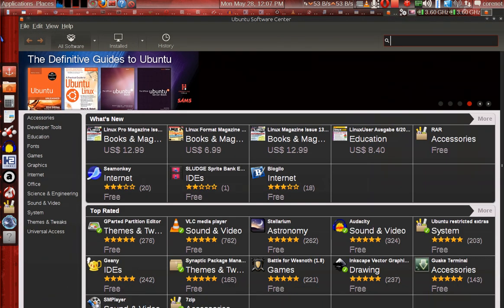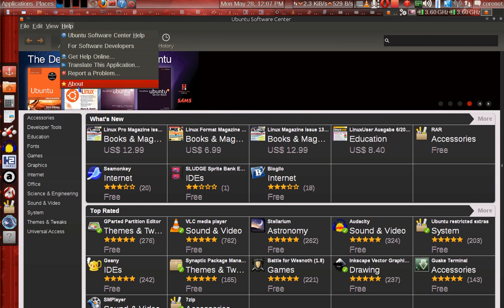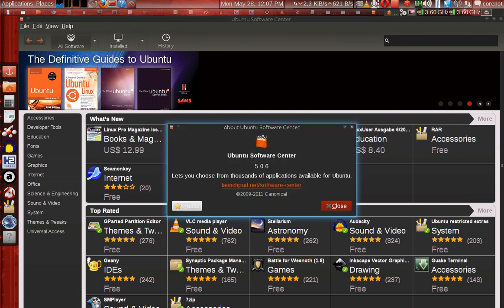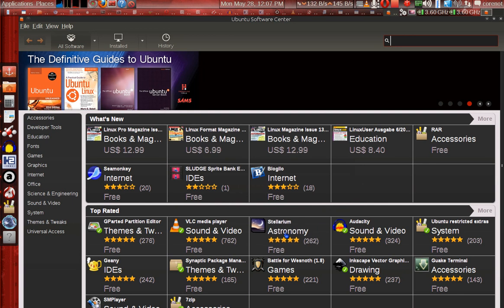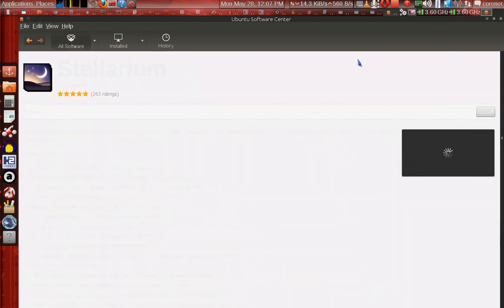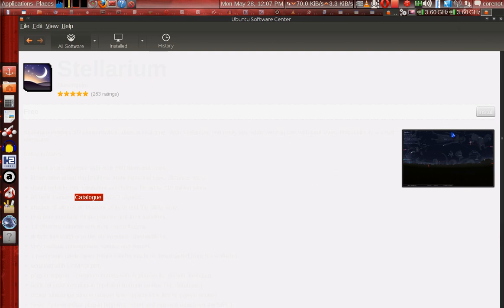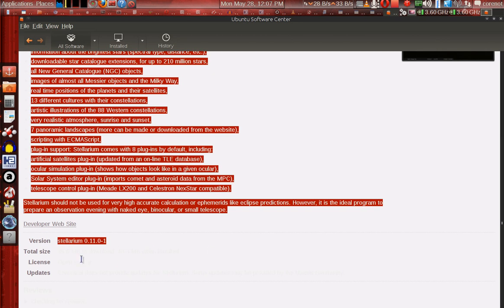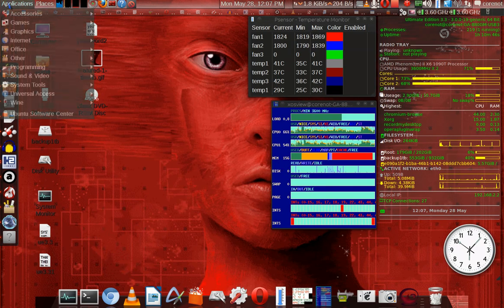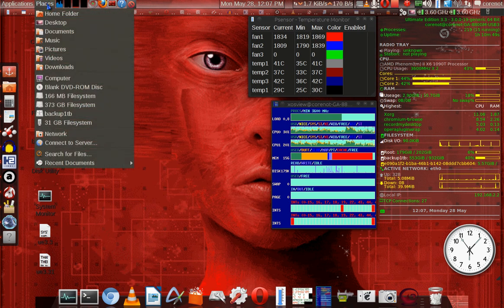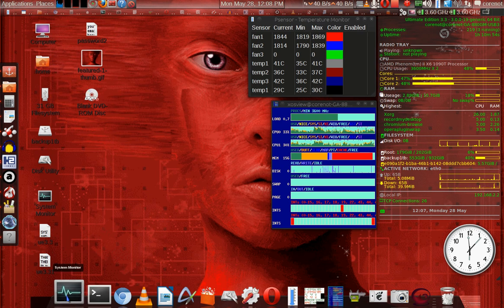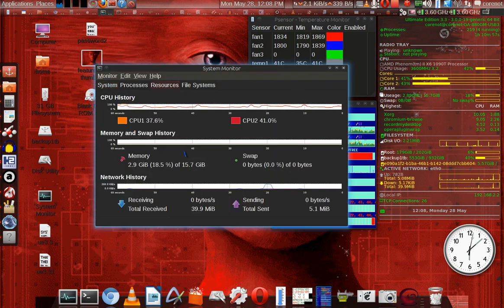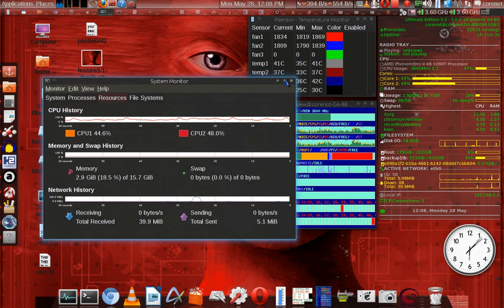And here, the Ubuntu Software Center. It's a great distribution. It has all